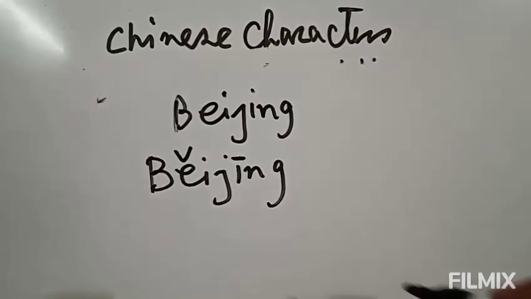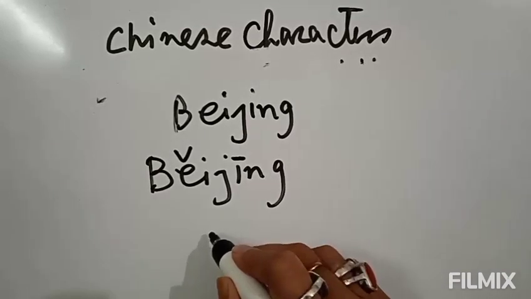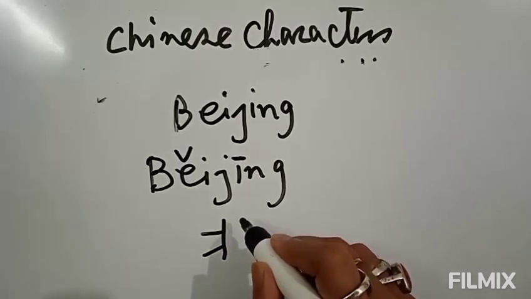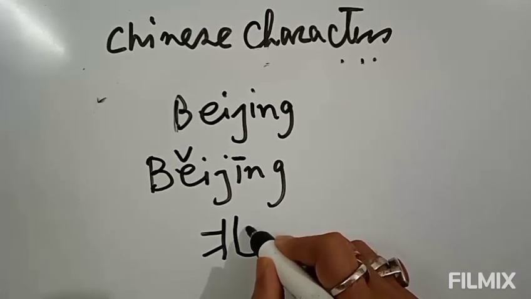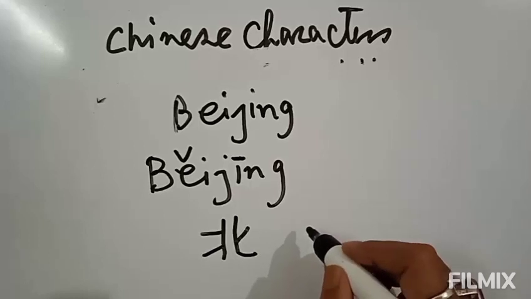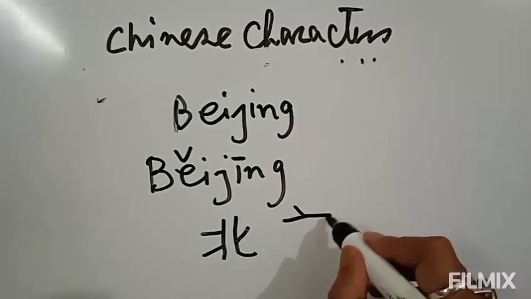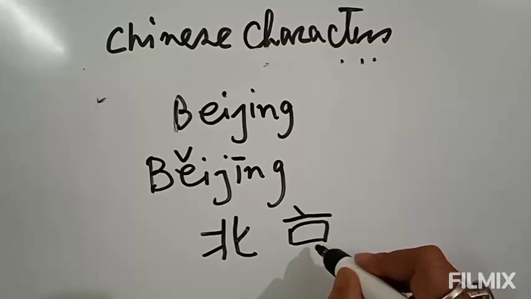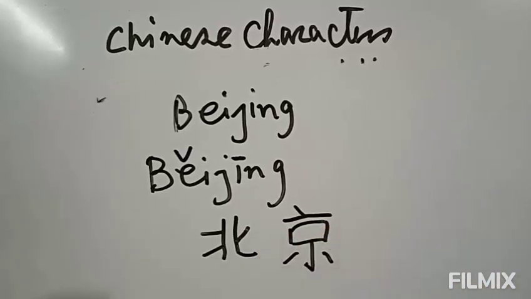Now I am showing you the character. One, two, three, four, five. This is Bei and Jing. One, two, three, four, five, six, seven, eight. Beijing is the name of the capital of the country, China. Okay. The pinyin is Beijing and the character is